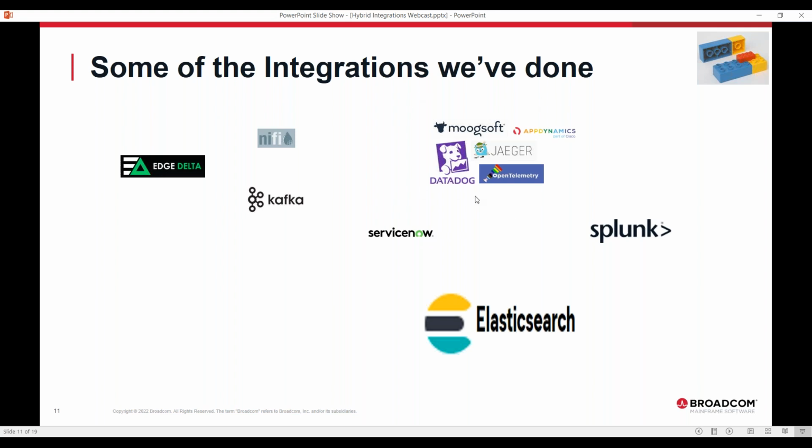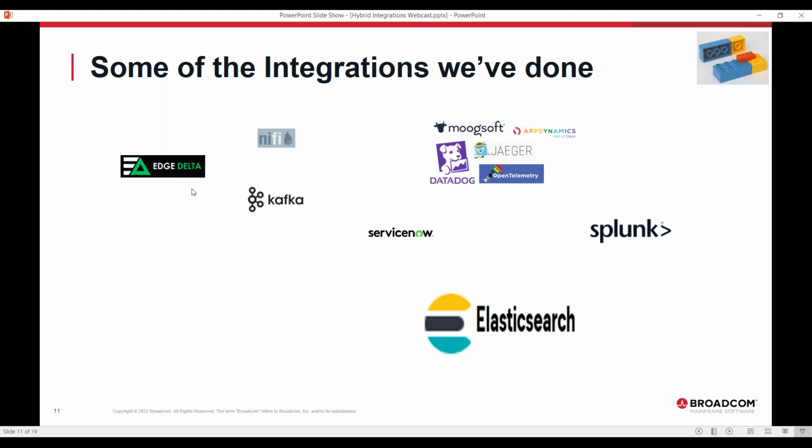Up here on the right, our MTT, our technology team, has done a fair amount of work with integrating with various and sundry products from an OpenTelemetry perspective, mostly focusing on tracing. We didn't show you much tracing today. We showed you more logs and metrics, but tracing is definitely something that we'd love to have on our radar. We have done some work with it, and hopefully we'll do more of that in the future.